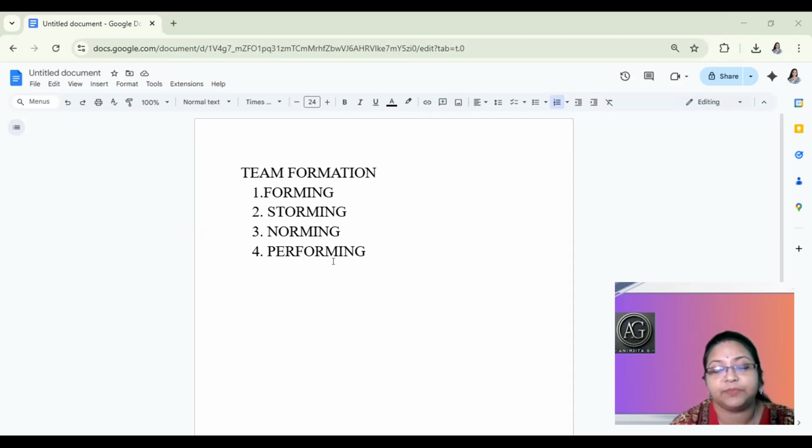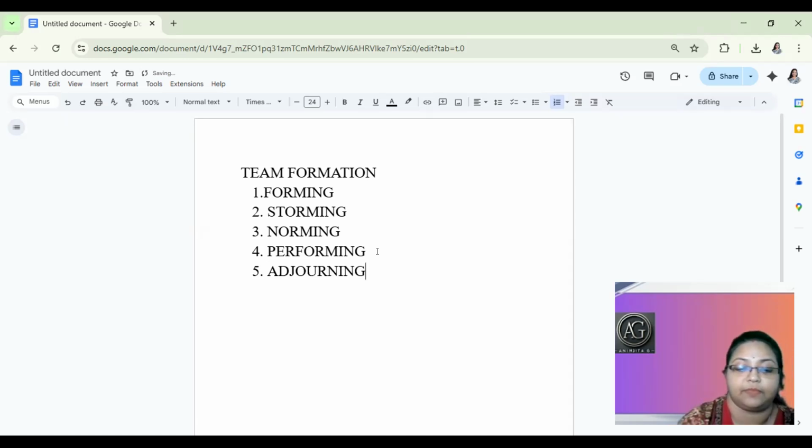And after the performing stage is done, the last stage is adjourning. What happens here? The project ends or the team disbands. After the team has performed well, they have fulfilled the project, maybe within the given timeline, or maybe they have extended a little bit, but that's okay.